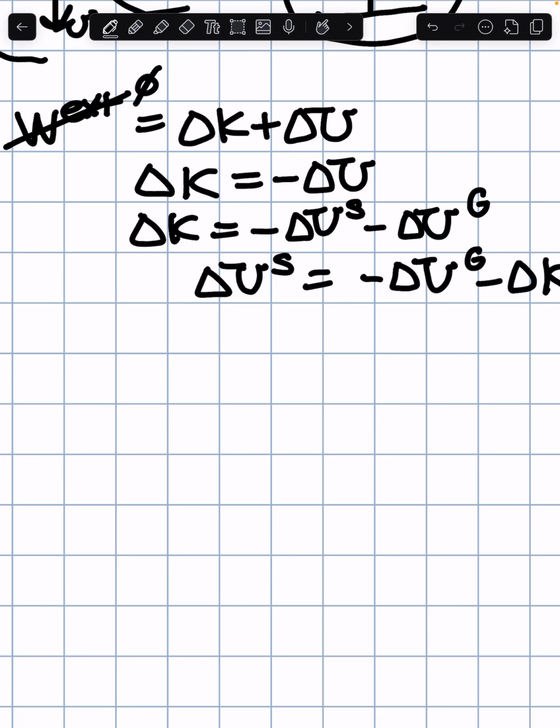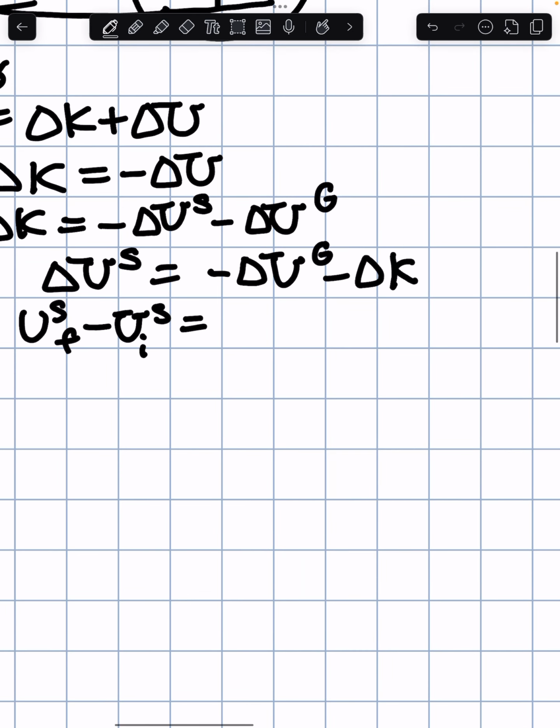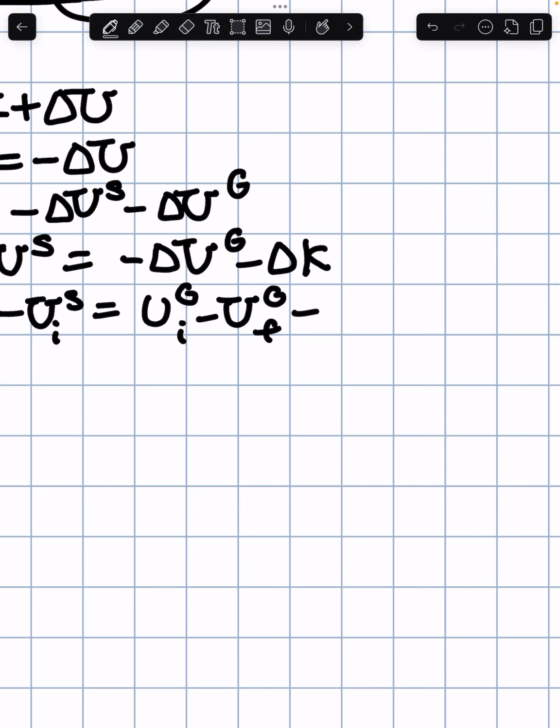So we're going to have U spring final minus U spring initial is going to equal U gravity initial minus U gravity final minus the kinetic energy final plus the